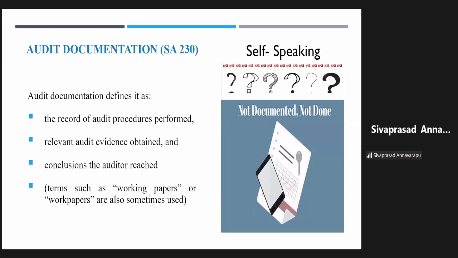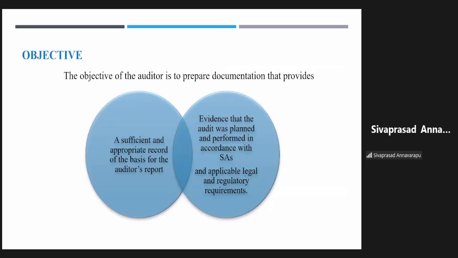Any working papers, any pre-signed drafts, can they be considered as audit documentation? What is audit documentation? It is not an exact verbatim repetition of SA 230, but audit documentation is defined as the record of audit procedures performed, the relevant audit evidence obtained, and the conclusions drawn. So the documentation is a collection of various documents that have the value to demonstrate that the audit has been done properly. Which audit procedures were performed, what evidence was obtained, and what conclusions were drawn. If we categorically put this in one particular collection, then that can be called audit documentation.